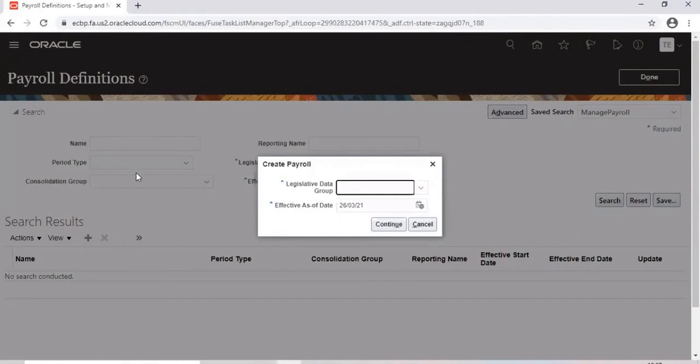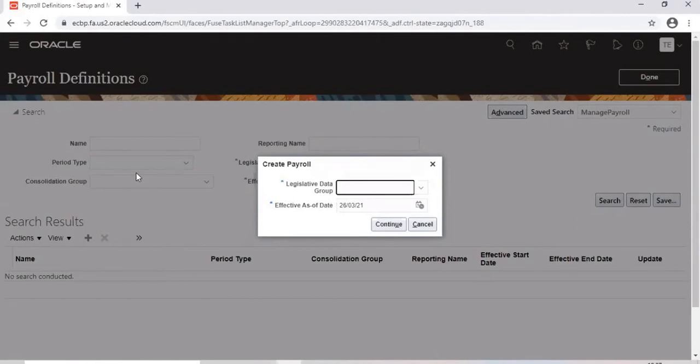Suppose in our organization, let's say the client, there are 100 employees where maybe 70 employees are getting paid bi-weekly, and the remaining employees are getting paid monthly. So how are you going to process their salaries?